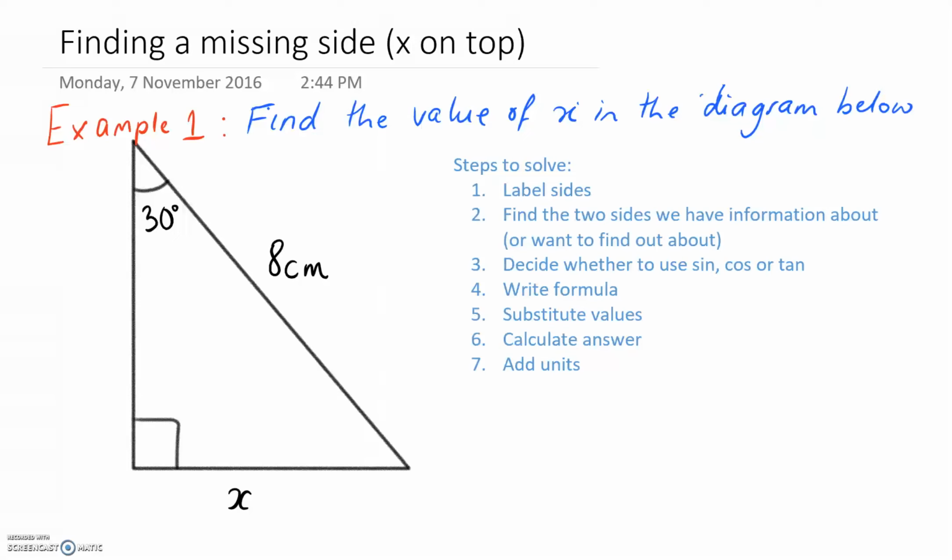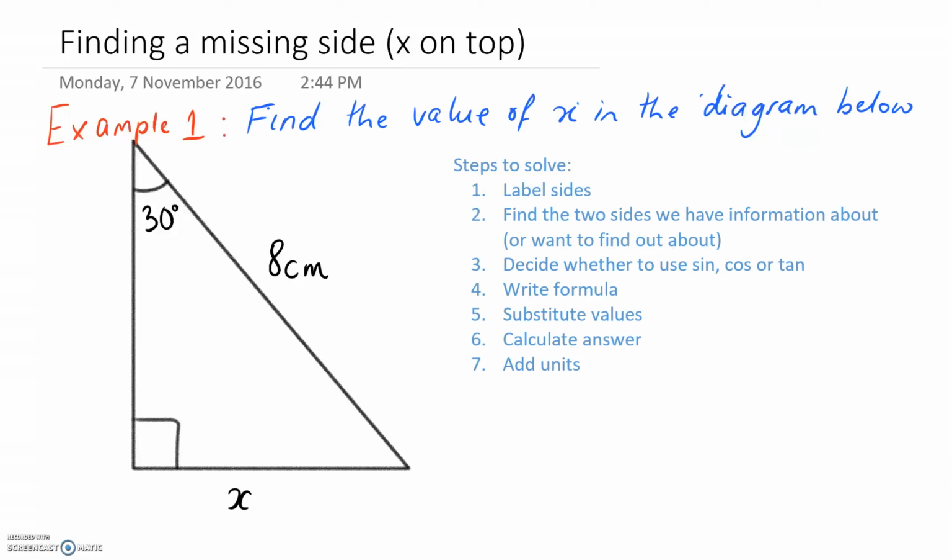Hello and welcome to our video on finding a missing side when you have an x on the top of the fraction. Now we're going to be using trigonometry and SOHCAHTOA for this, and you will have learnt in a previous video what SOHCAHTOA is and how to use it. This is a quick reminder of the SOHCAHTOA formulas that you need for your trigonometric ratios to solve these problems